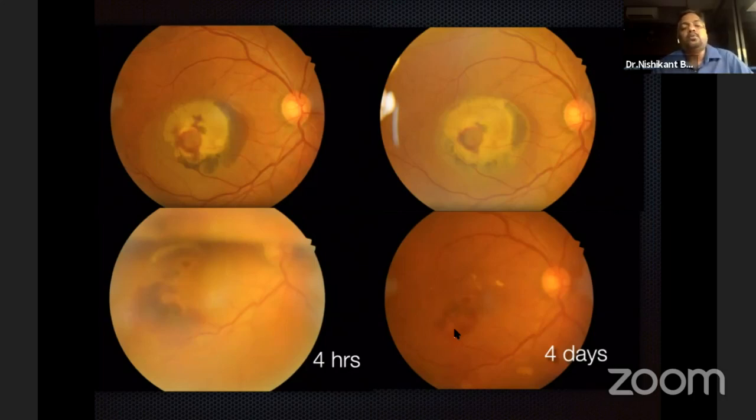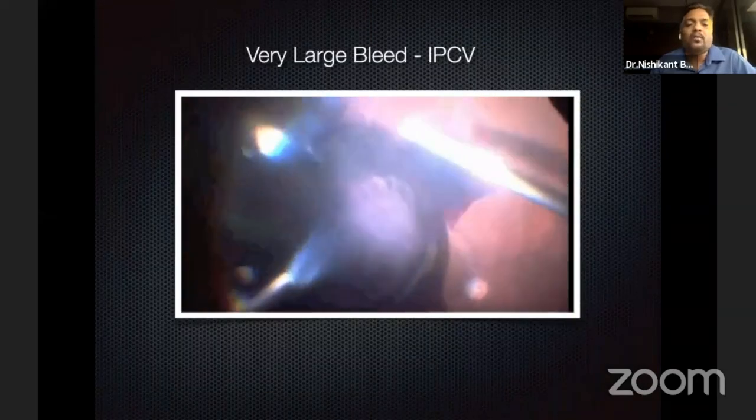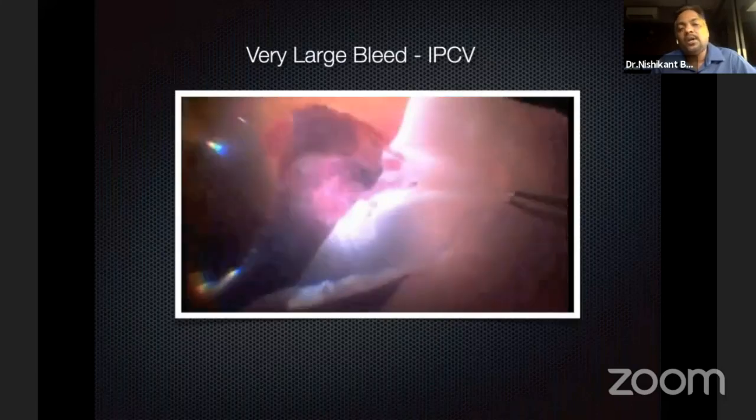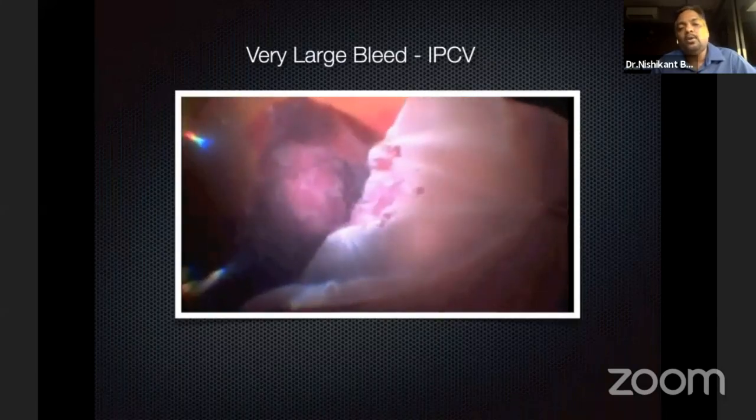So there are 2 things that are important: a smooth injection without rushing into the injection, injecting just the right quantity of air to give maximum expansion, and most importantly, doing a half fluid gas exchange so that you have a tamponade in the upper half of the retina, preventing the migration of the liquefied blood into the upper half. Of course, if you have a very large hemorrhage, then you have to go ahead and do a retinotomy